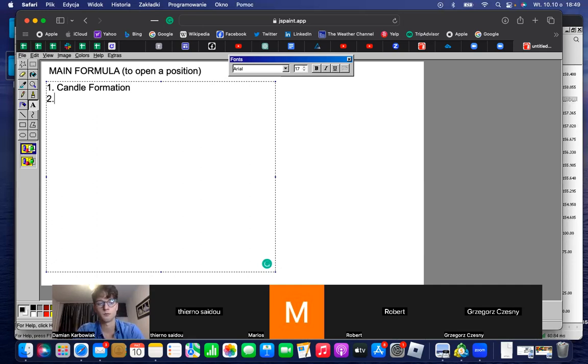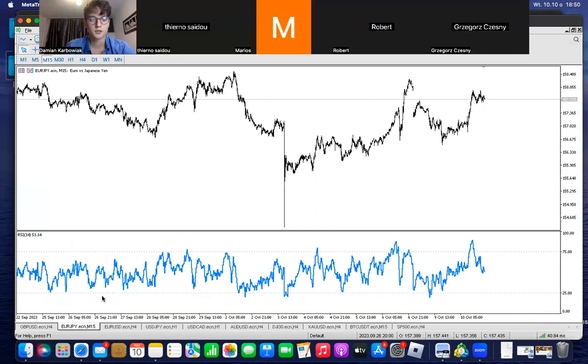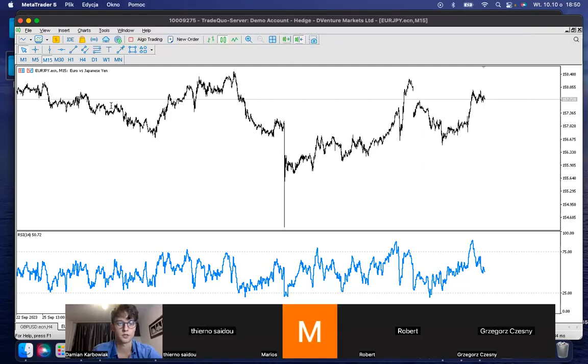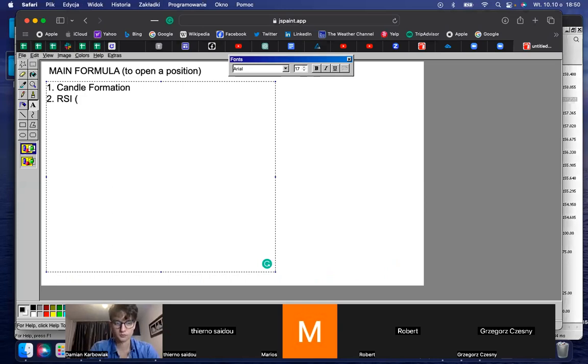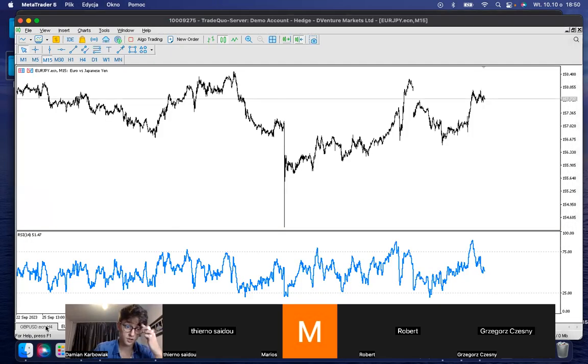The other one I can do, if no one wants to, will be RSI, right? The RSI is, if I go back to my screen, right here. This is RSI. And RSI is a very helpful indicator, one of the steps, which means that if the RSI is above 75, for us that equals sell, and RSI below 25 equals buy, right? So when you look at this, for example, let's go to that GBP USD,